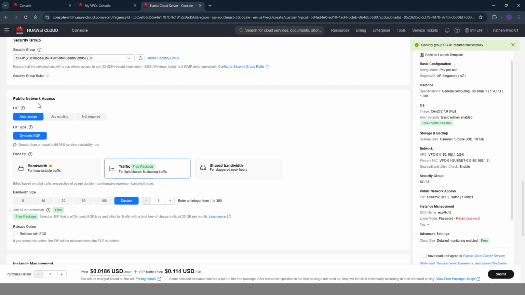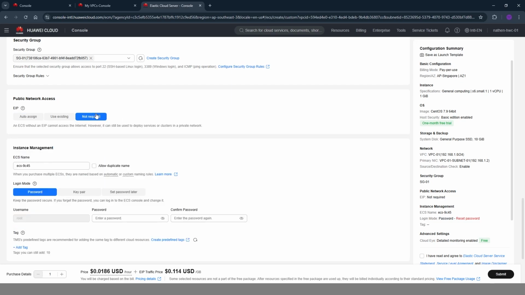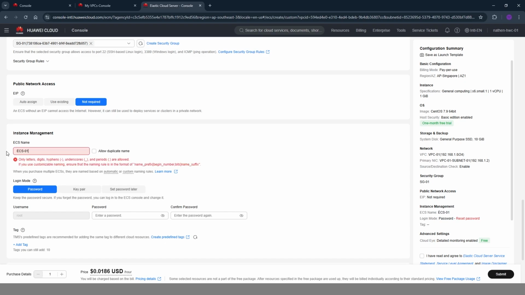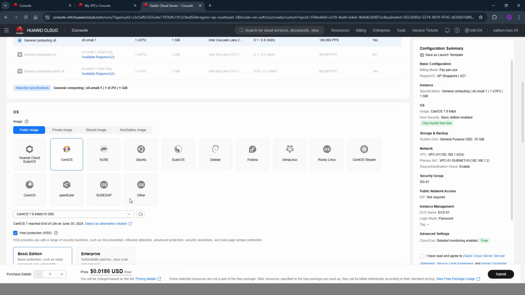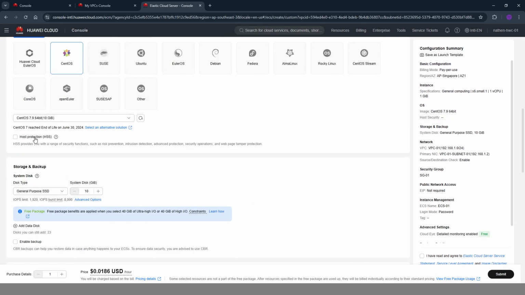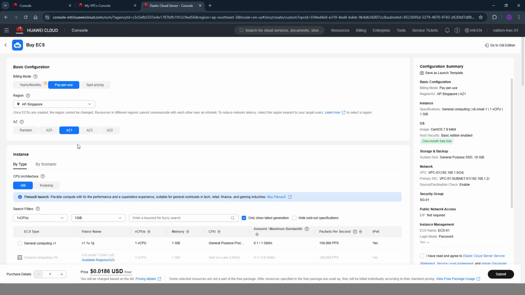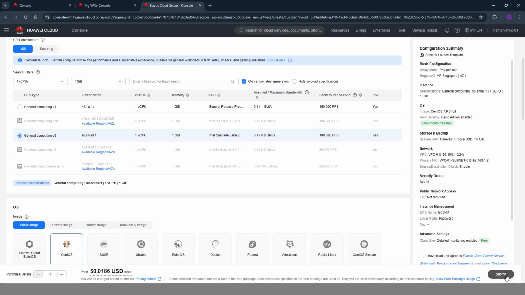And then I would not need a public network access. So I'm gonna go ahead and select not required to the EIP. EIPs are required if you're connecting to your server over the internet. So instance management, I'm going to set the ECS name as ECS1. Set the password and double check everything whether it's correct. I can turn on and off host protection. It wouldn't be necessary. But as you can see, there's a free trial, so I'll keep it on. And yes, that would be all. So I'm going to go ahead and click on submit,